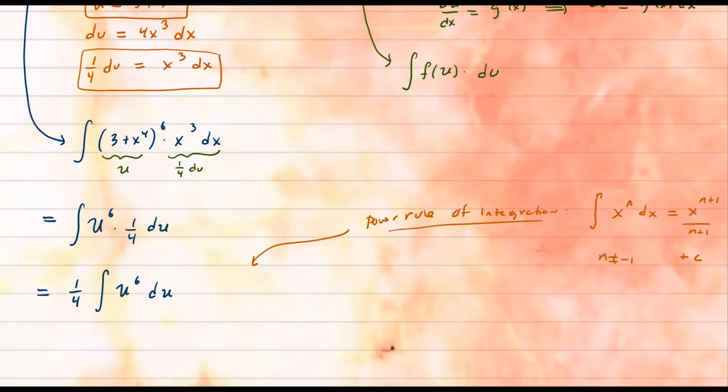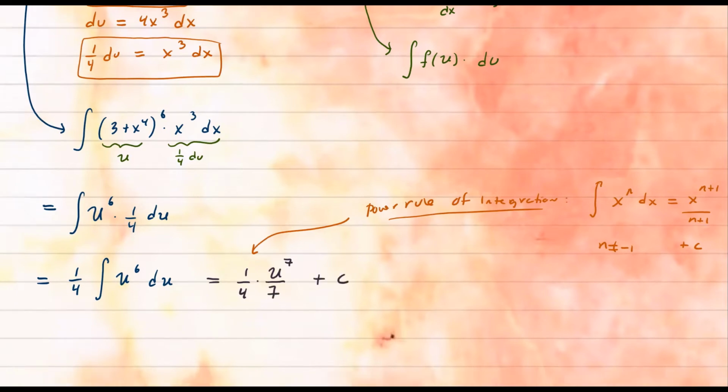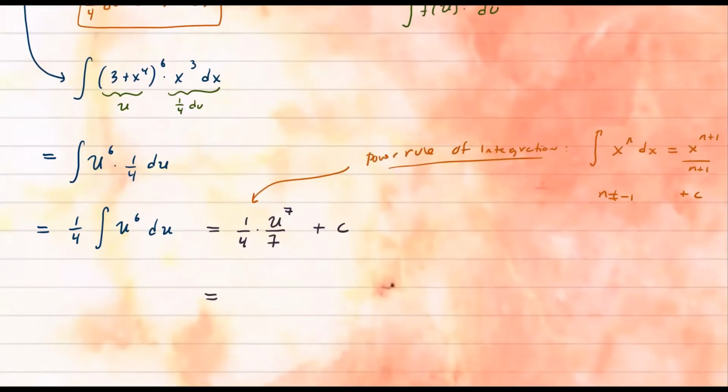That's the power rule of integration. That's what we apply here. So my power is 6, so I add 1 to the power. This is 1/4 from before. Add 1 to the power, and then the same power goes on the bottom, plus c. And then just rewrite. So this is going to be u to the 7th over 4 times 7, which is 28,